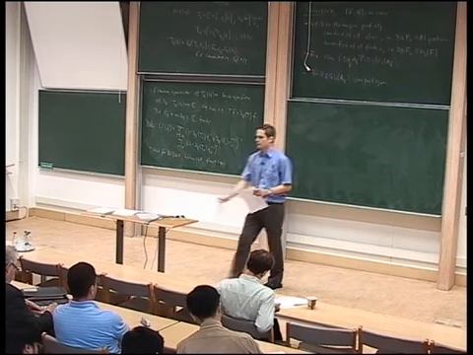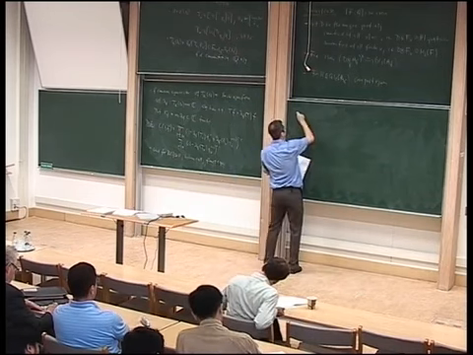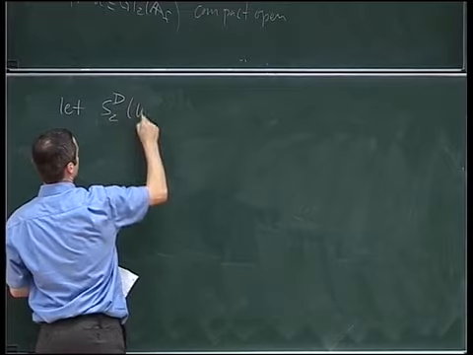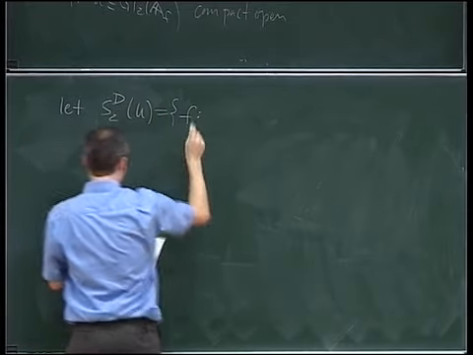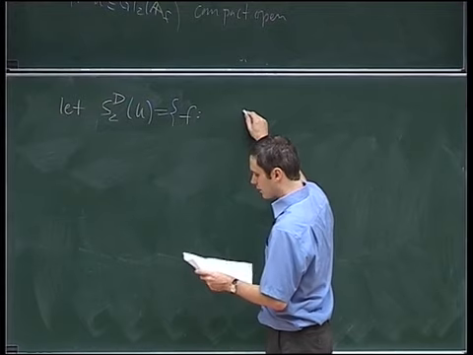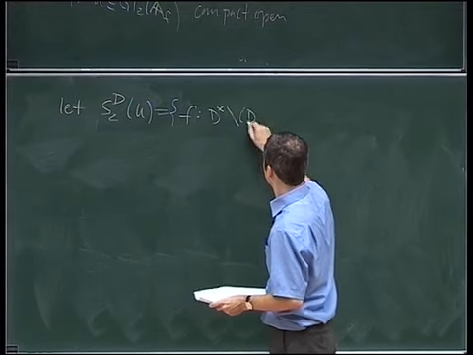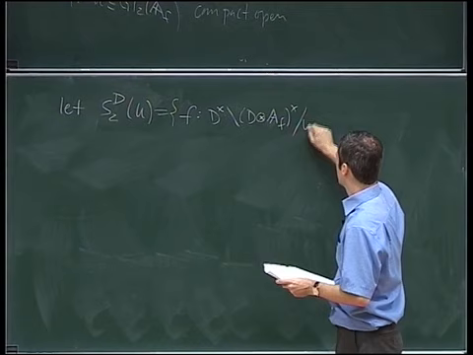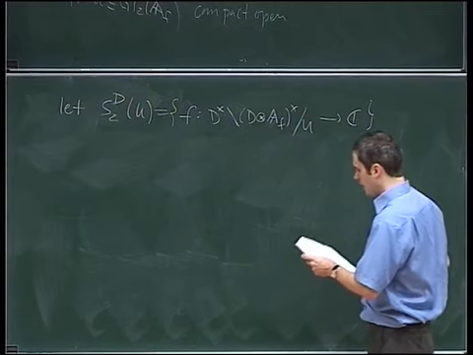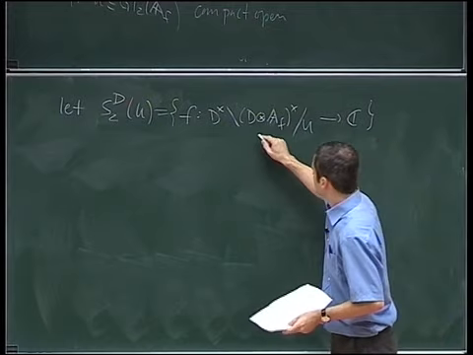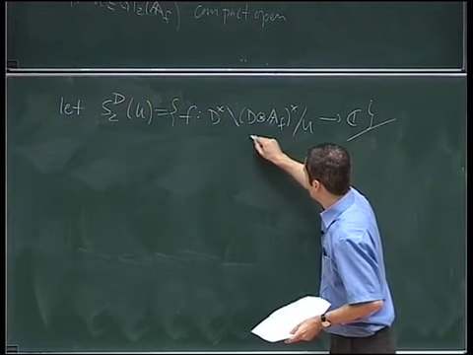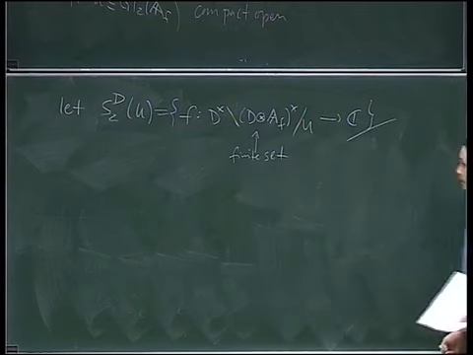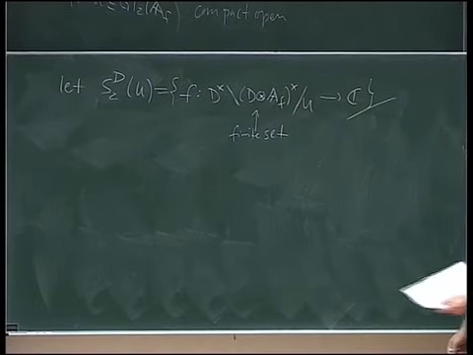But I will just restrict to weight 2 now. Denote this by S2 superscript D of U. They're now functions on the double coset D tensor AF cross, quotient out by D cross, and quotient out by U. I'm not finished with the definition, but I just want to remark this is now a finite set. So this is why these modular forms are a lot easier than the previous definition.